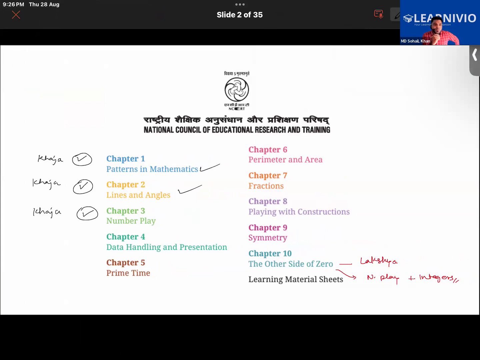Did anyone get the syllabus? I think no one has got the syllabus as of now. Yeah, not yet. Again, there were some chapters that were done in school. Lakshya told me the other side of 0, and number plane and integers have been done in school. So regarding integers,